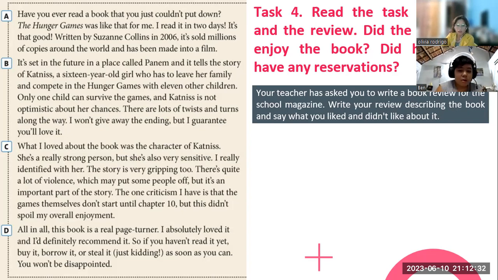Because of what? Okay, I don't have any dislike about this book because it's so good. Because of that, human, you should read it. I will